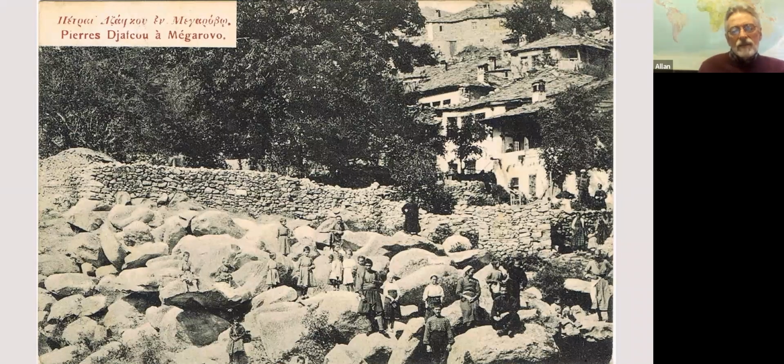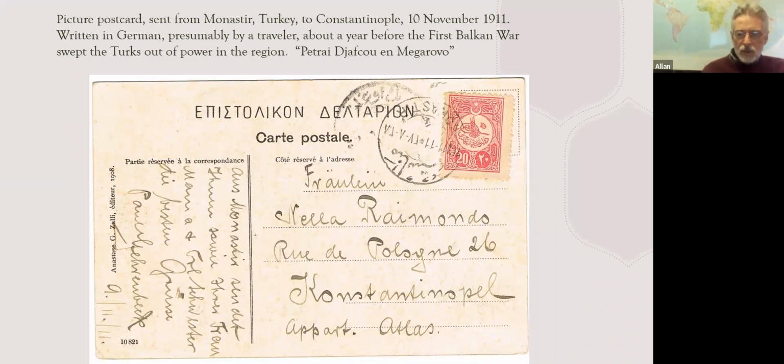This is a postcard. A picture shows a village, Megarovo. It's in Macedonia, in the territory traditionally identified as Macedonia. And on the other side, you see the stamp. This is still during the Turkish period. It's 1911. And the cancellation is Monastir, a name apparently used by Greeks and Albanians because of a well-known Christian monastery that was located there, and they began to refer to this town as Monastir because of the monastery. This is the story I've got from every source I've looked at, and it's the best I can do as to the meaning of this